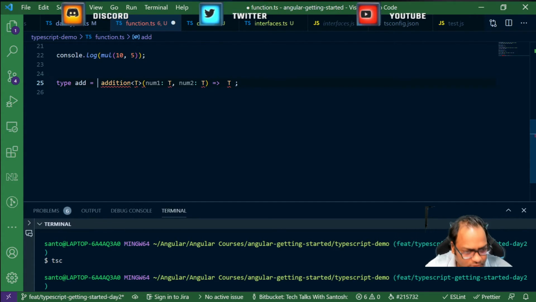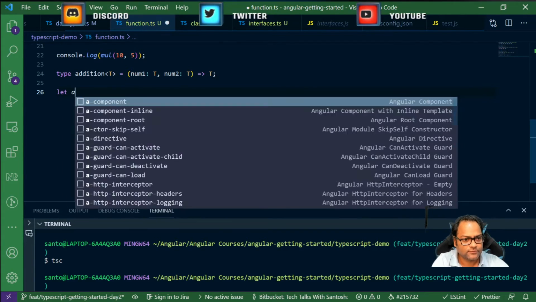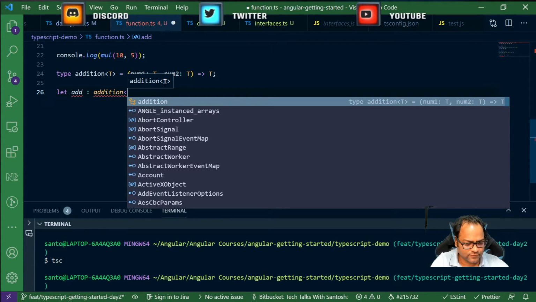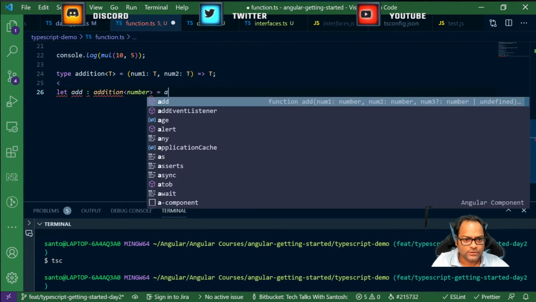No, this is not. Equals to, and let's try to have let add, which is of type addition, and then we will pass addition of type number is equals to